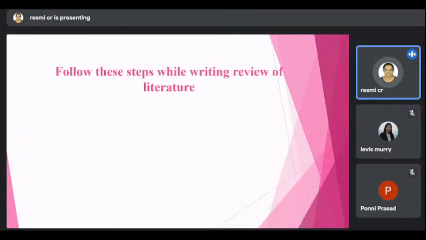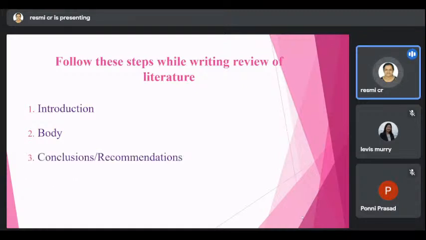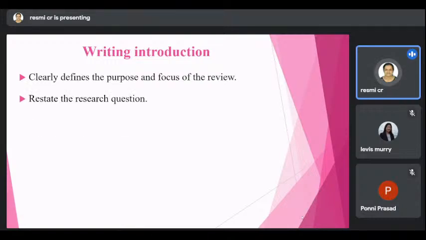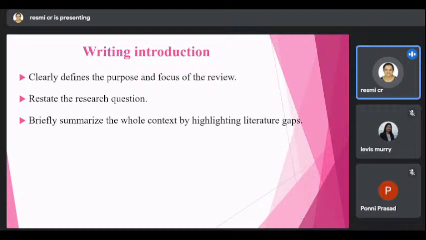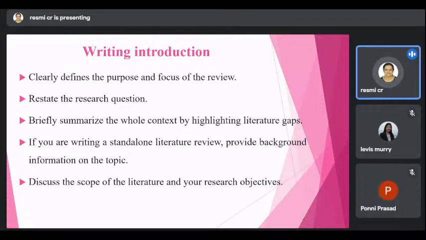So coming to steps in writing literature, follow these steps while writing the review of literature. Definitely the review of literature should have three steps, that is introduction, body, and conclusion or recommendation. The introduction will clarify and define the purpose and focus of the study and restate your research question, and you can briefly summarize the whole context by highlighting the literature gaps. And if it is a standalone literature review, provide background information on the topic and discuss the scope of literature in